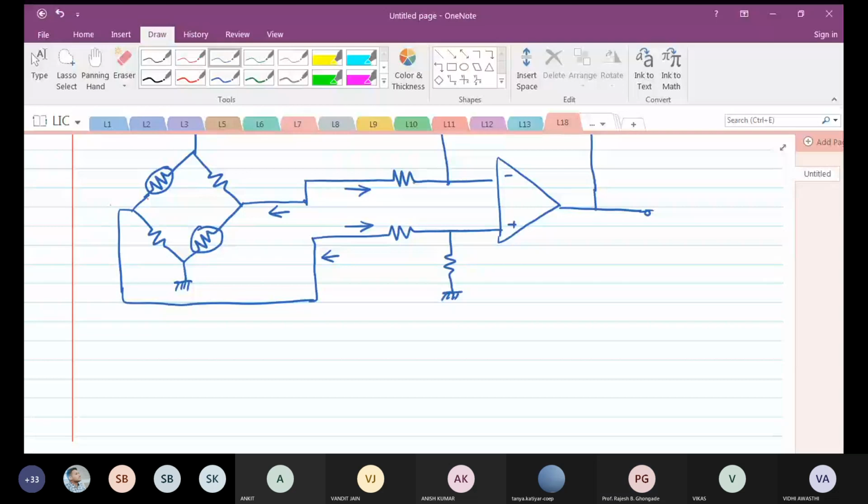So you have to first of all find out what is the output impedance of the bridge or the sensor or the transducer, and then correspondingly make a decision as to whether to go for using a simple difference amplifier or an enhancement of the same.